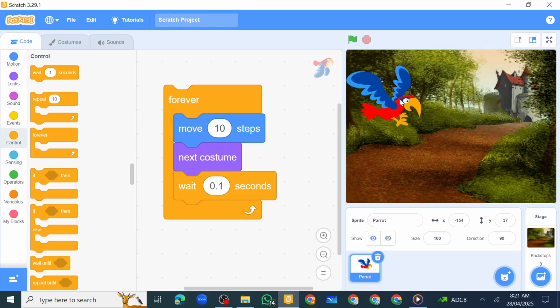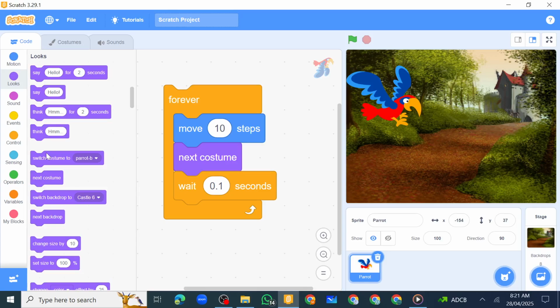One last thing is in the program the size of the parrot was gradually decreasing or becoming smaller. To do this you have to go to looks and use the change size by 10 block. I will use this and put it inside your forever loop. But you don't need a 10 here. You need a minus or a negative number. Let's keep it -3 so that the parrot size will